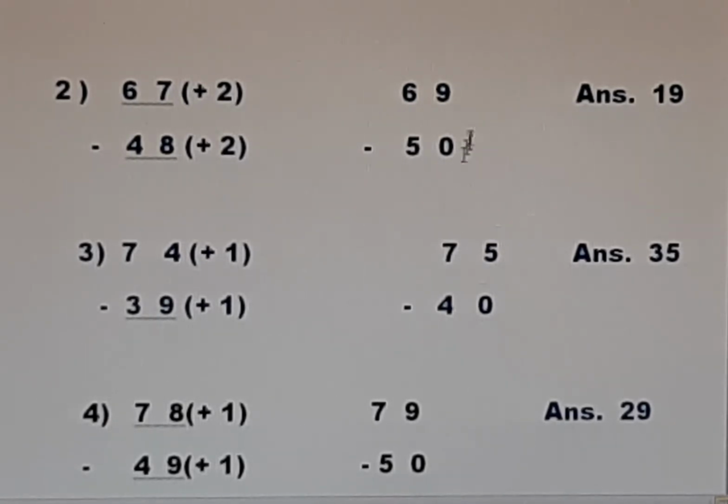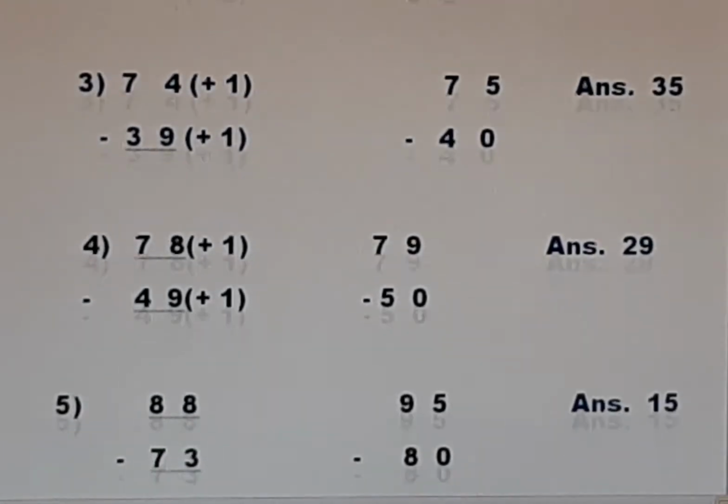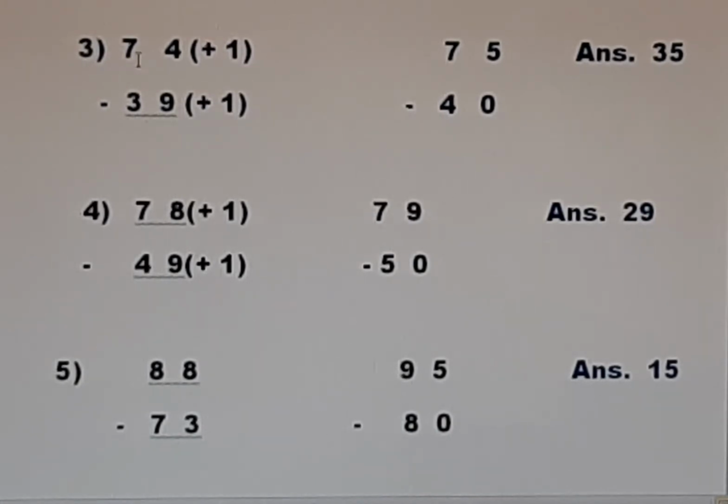Now you have to minus 50 from 69, and it is very easy. Why is it very easy? With a 0 you can minus very comfortably and very fast. So 9 minus 0 is 9, and 6 minus 5 is 1. You have to concentrate on the tens number only, because the ones will be as it is. So 6 minus 5 is 1. So 19 is the answer. We will go to another example.